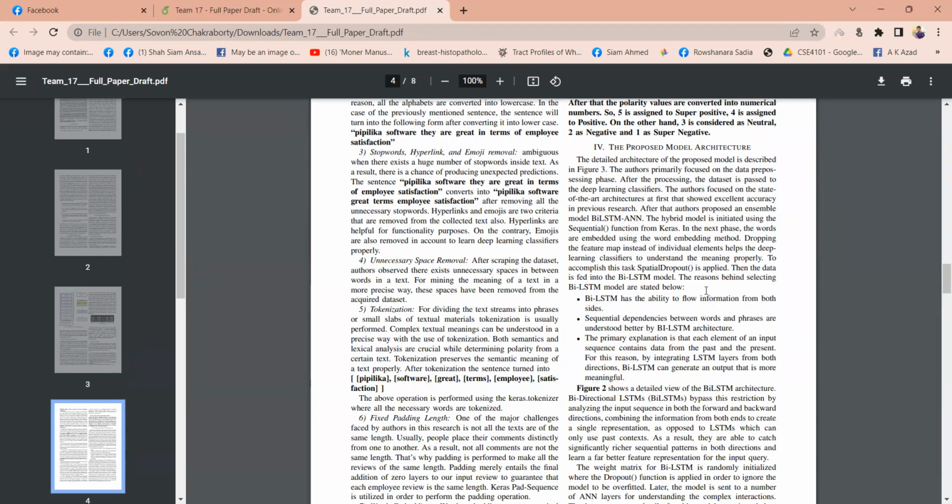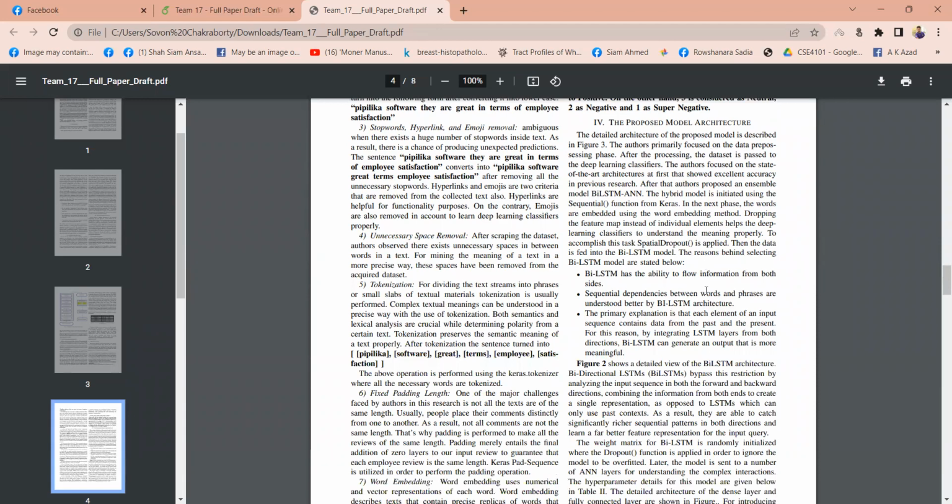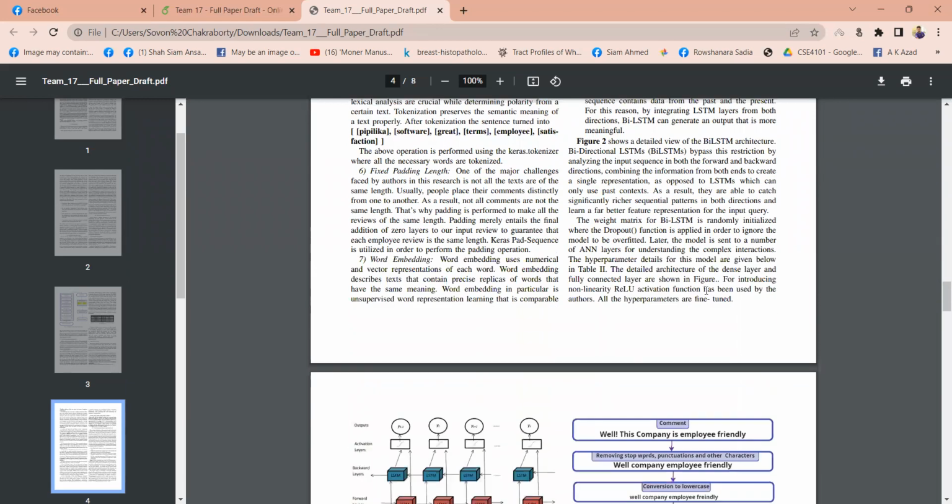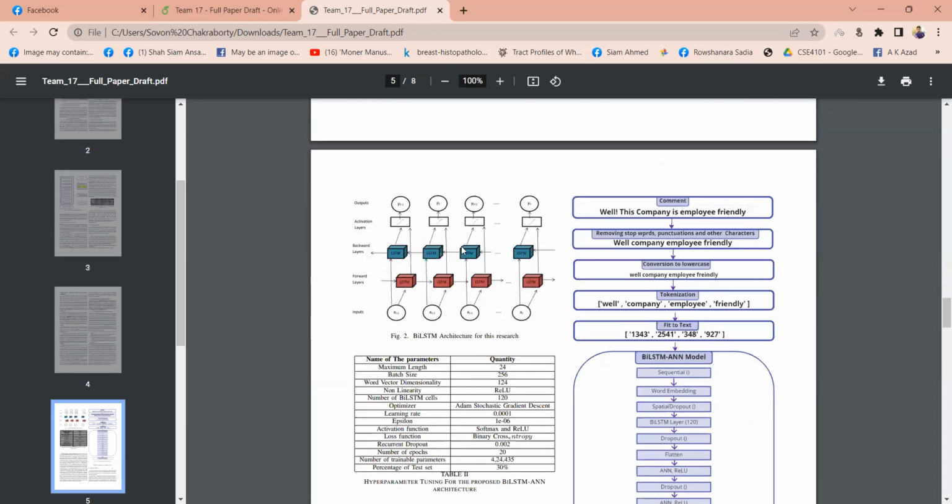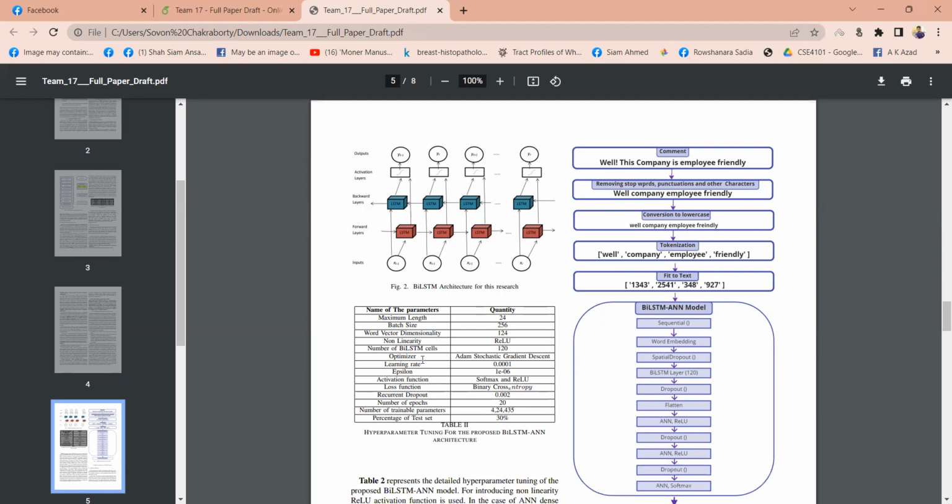Now the proposed model. Here you have a detailed look at the bi-LSTM architecture which we have used. After that, all the hyperparameters are fine-tuned, where we have used maximum length 24 and learning rate 0.001. For the introduction of non-linearity, we have softmax and ReLU activation functions.